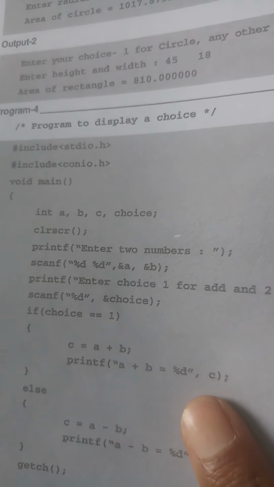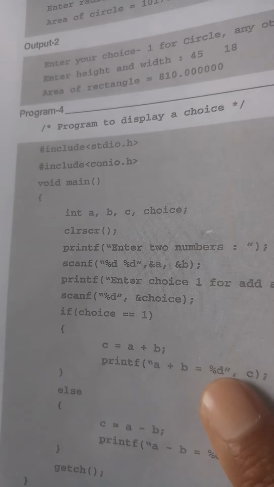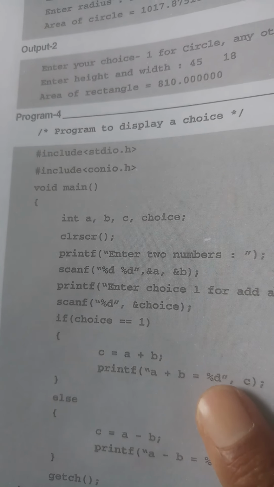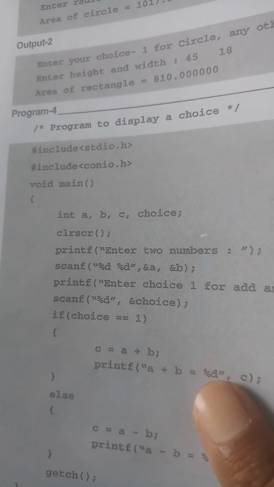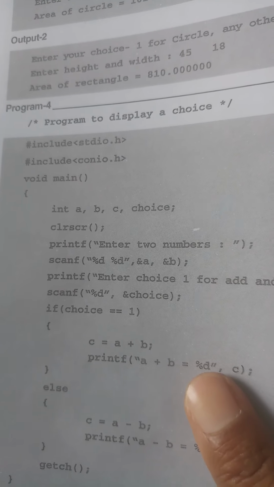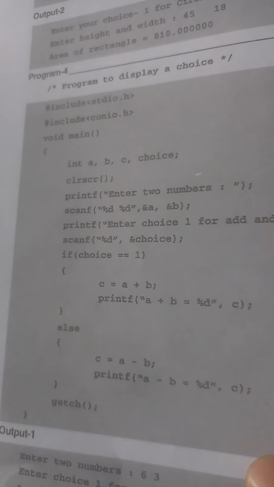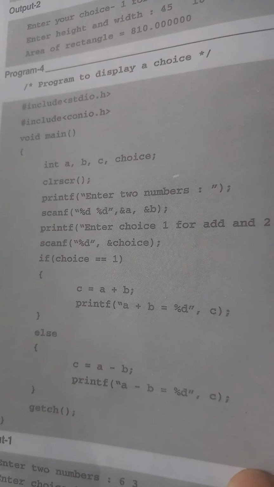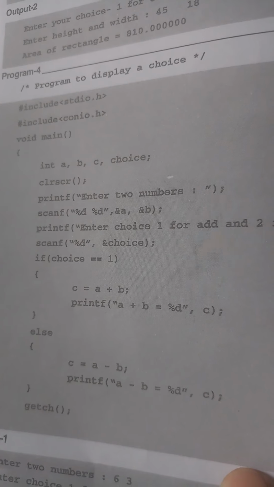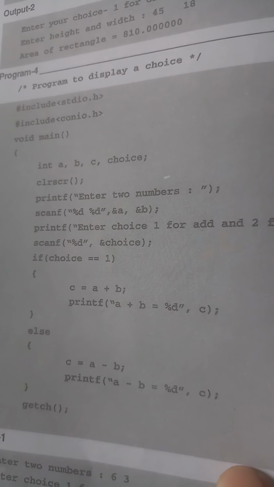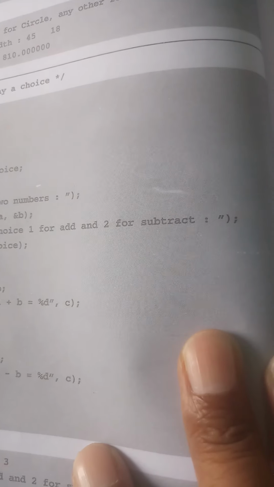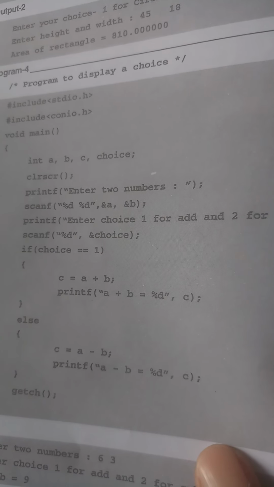Program to display a choice. Include stdio.h, include conio.h, void main, int a, b, choice. Clear screen. Printf: Enter 2 numbers. Scanf %d, &a and &b. Printf: Enter the choice 1 for add and 2 for subtract. Scanf %d